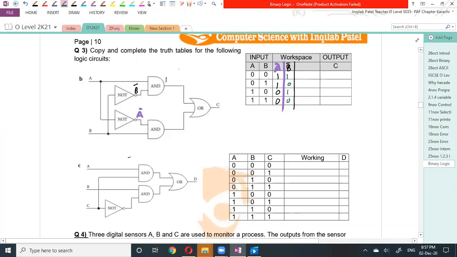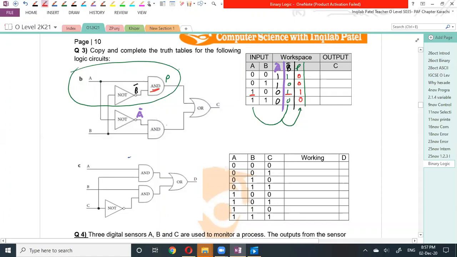Then we may say this is P. P is an AND gate on A and B naught. So we will consider A and B naught for P. P is an AND gate. An AND gate says both inputs are 1. A naught and B. Here both inputs are 1. So the output will be 1, otherwise the output will be 0. Here both inputs are not 1. Here it is 1, it is 0.